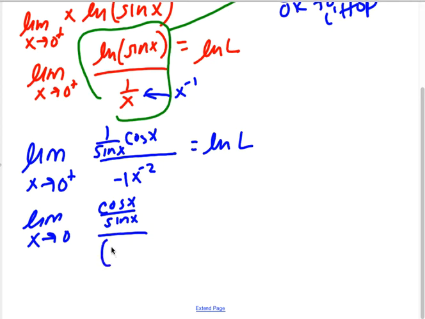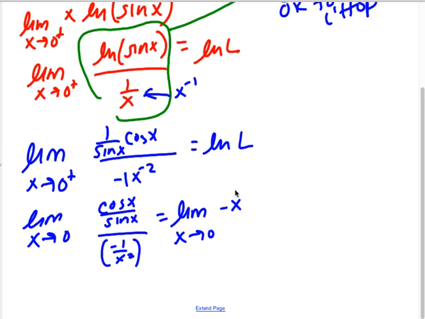And then this is divided by a negative 1 over x squared, so we should flip and clean this up a little bit. So this is going to be the limit as x approaches 0 of a cotangent x, not theta, x, come on brain. And then that x is going to flip up, right? So I'm going to get negative x,